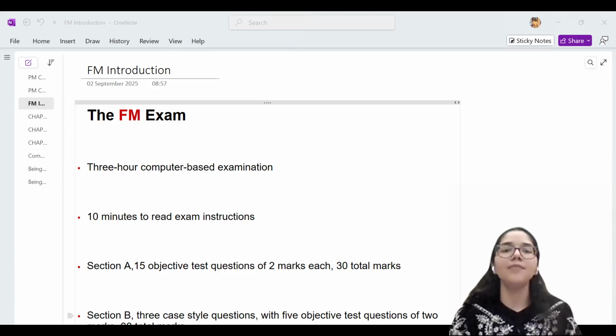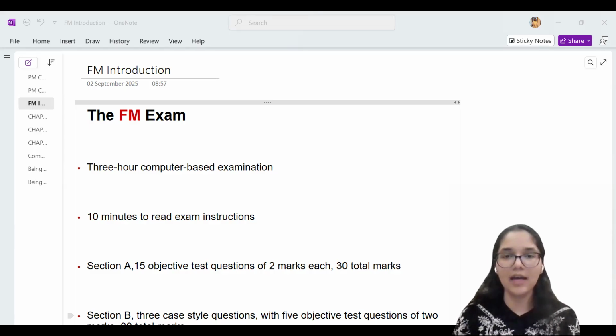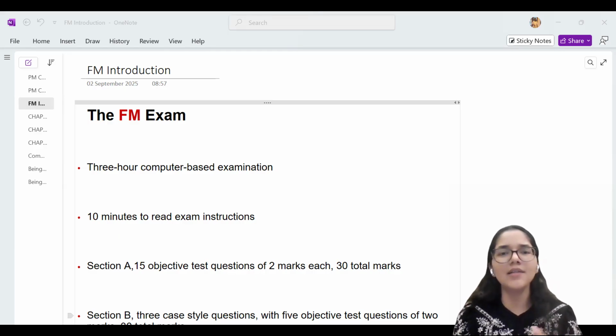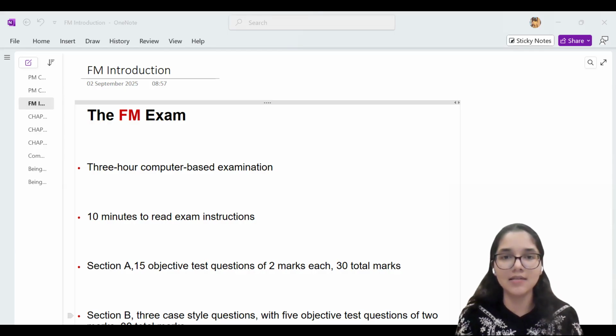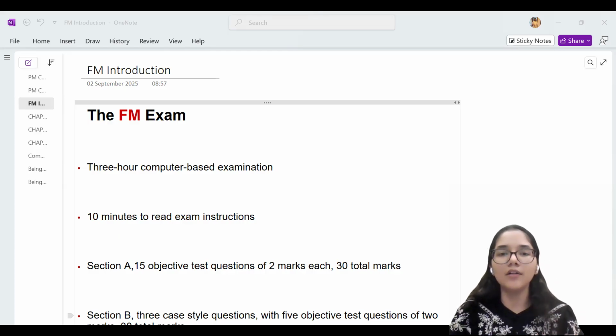In the meantime, this session, according to the schedule that I had shared with you, is supposed to be the one where we get an introduction about the FM, the strategies and the mistakes to avoid, the tips to do better. I've already shared in yesterday's session, the how to pass session, the orientation session for you people. So here in today's session, we are continuing one step further.